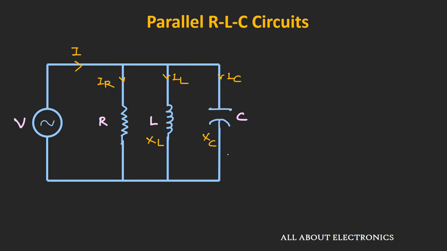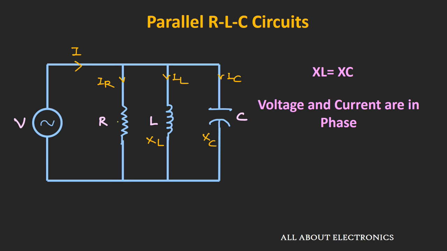capacitor. So now whether the circuit is series RLC or a parallel RLC, the resonant condition remains the same. That means when the XL is equal to XC, or we can say that if inductive reactance is equal to the capacitive reactance, then the circuit will be in a resonant condition. And during the resonance, if you see, the impedance of the circuit will be purely resistive. That means the voltage and current will be in phase.